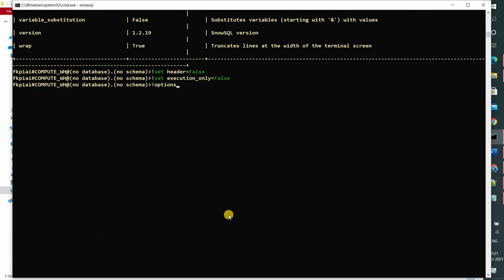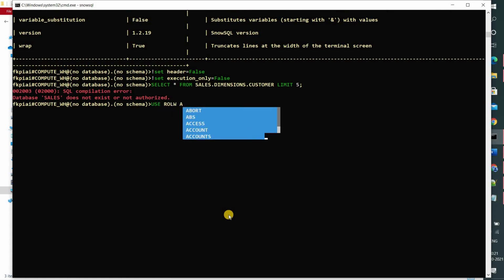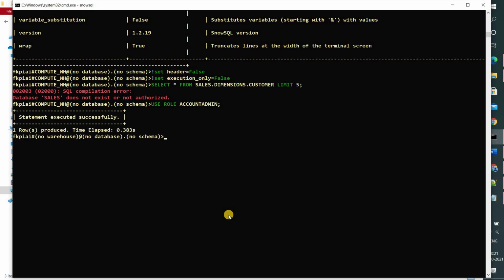Now let's run our SQL statement. I'm not authorized. Say use role. I think I have killed the previous session and now I logged into a new session, so that's why it is asking again.